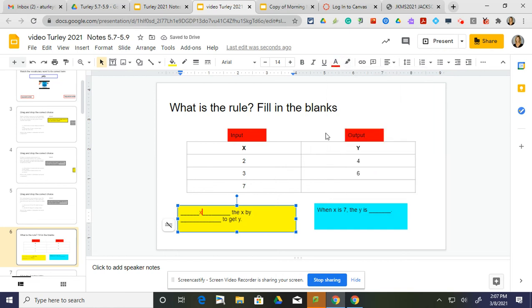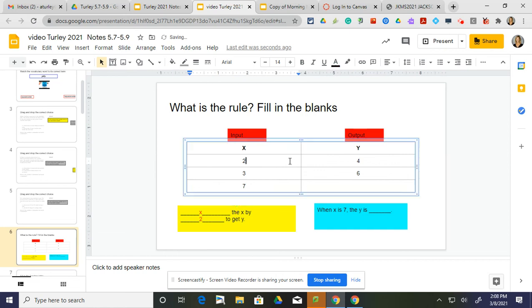Multiply the X by 2 to get Y. Okay. Over here, when X is 7,